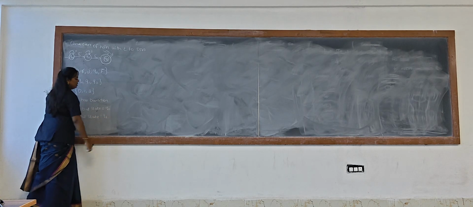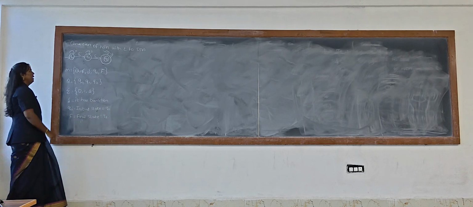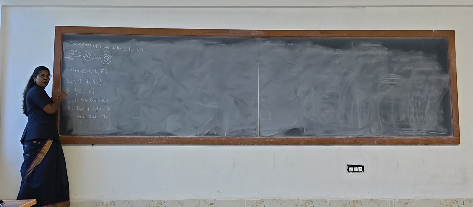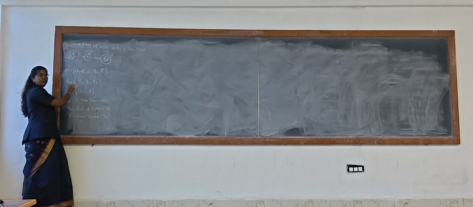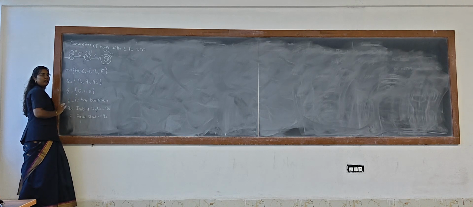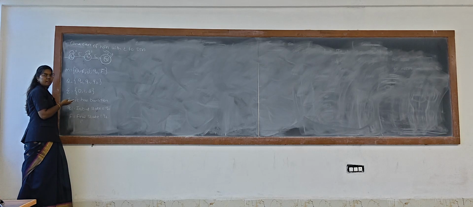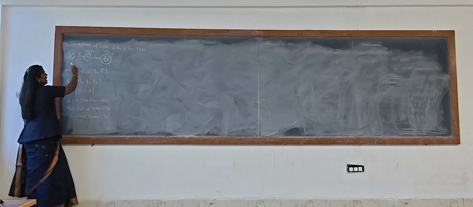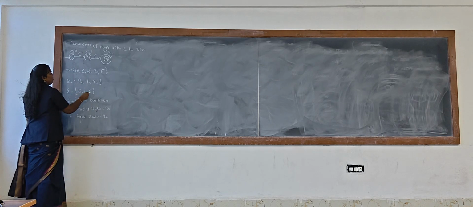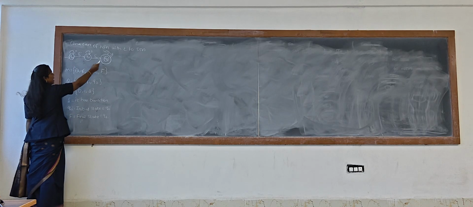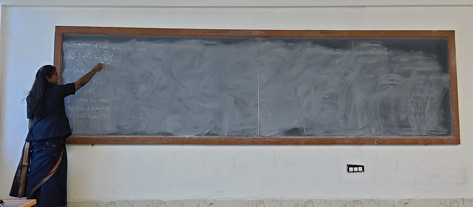So this automata satisfies these 5 tuples, so that we can say this automata is a finite automata. Okay. Now we should check whether this automata is a DFA or NFA, which means deterministic finite automata or non-deterministic finite automata. Okay. So here we are having the input symbols 0, 1. Okay. So we are having 3 states, and in DFA, each state should have the transition by using all the input symbols. But here we are having